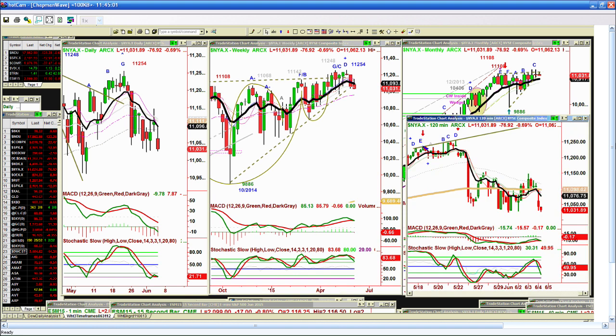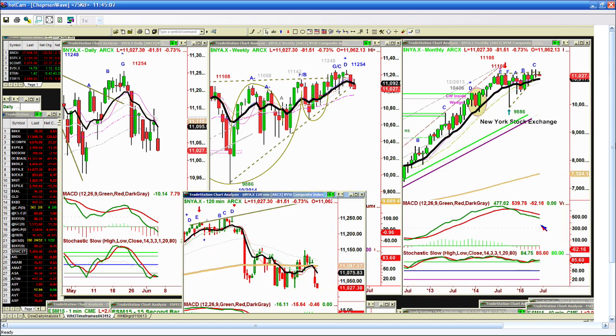It's not great. You see, if I move this away, you'll see the MACD is way down there. The divergences I'm looking at here are not repairable in a minute. They're not repairable in a day. Probably take a week or more of really good action above 11,300 in the New York Stock Exchange. Unlike what I'm seeing right now, although the stochastic's at 85%, to me, the big move, you see that green line, that's really the line that trades in relationship to the price of what it's following. When there's a big divergence in the green line, that's the 9-period differential of the MACD, starts to deteriorate like that and the price holds up,